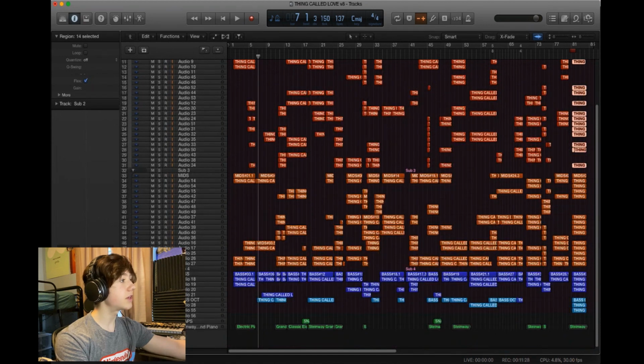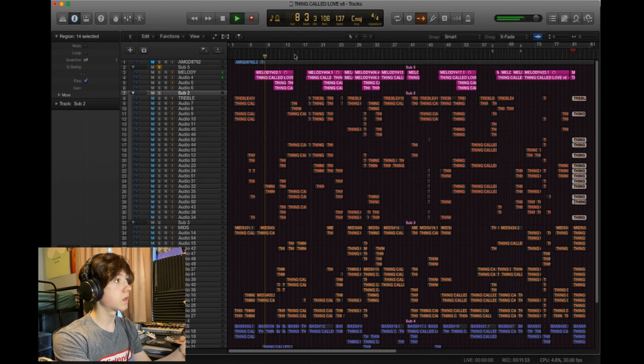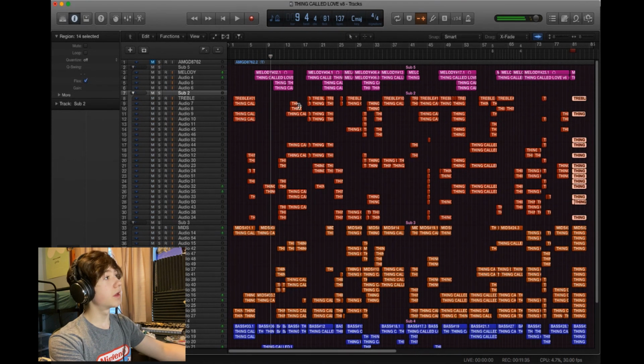So as you can see, if I just wanted to play the melody at any given time, six foot six stood on the ground without the other stuff,